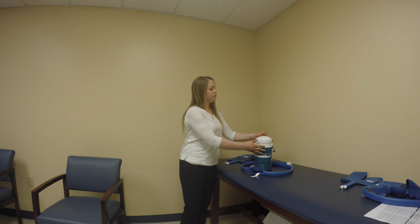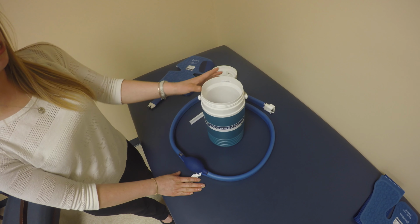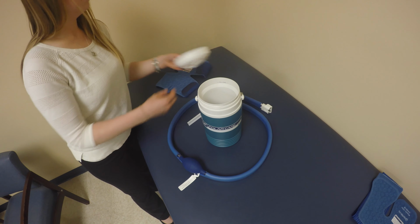When you're ready to set up your unit, you can first remove the lid. Once the lid is off, you can fill with ice up to where it says fill level, and then water about ½ inch from the top of the unit. Once the ice and water are filled into the bucket, you can replace the lid by screwing on until snug,